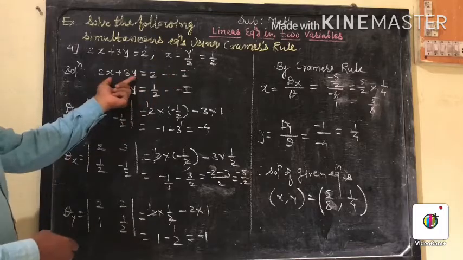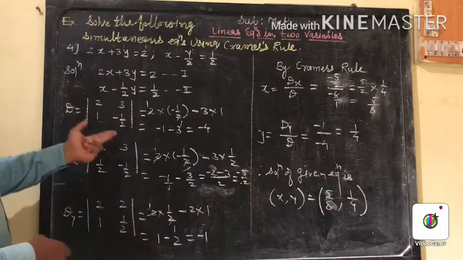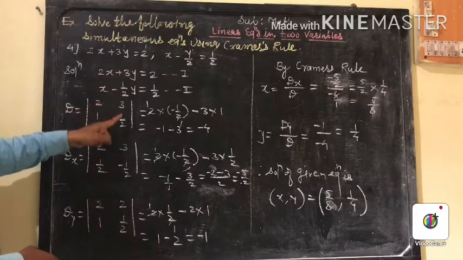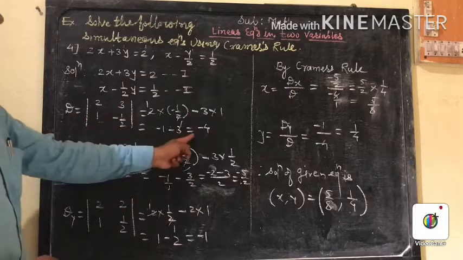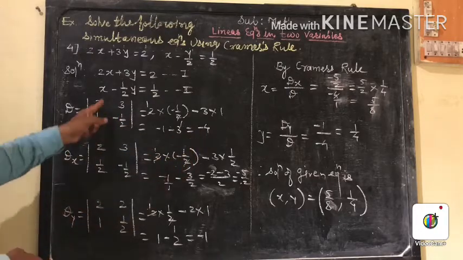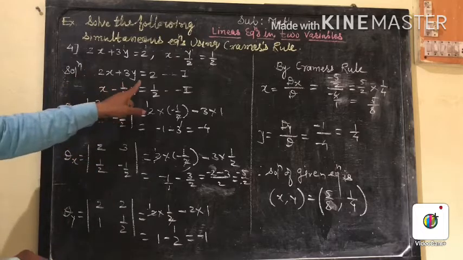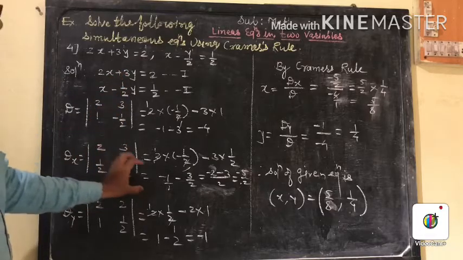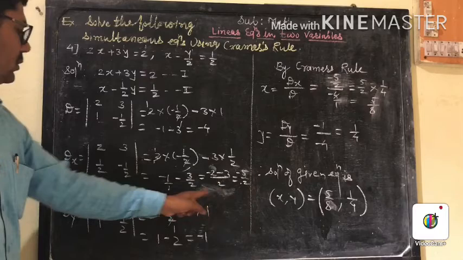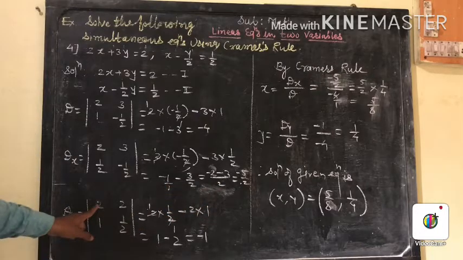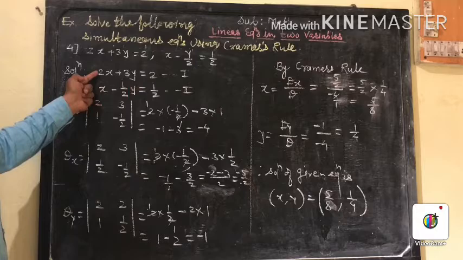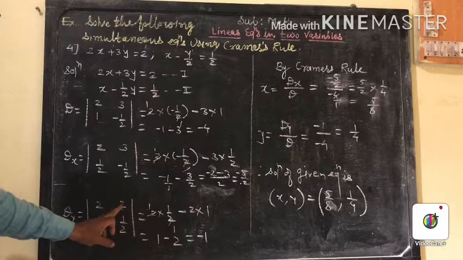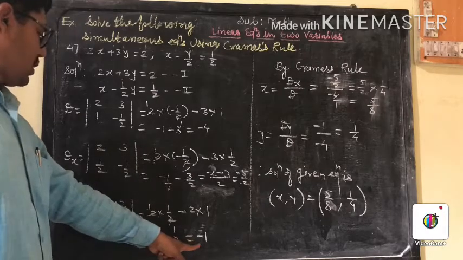Now this is the first equation. Second equation. The value of determinant D is 2, 1, 3, minus 1/2, and this value is equal to -4. Dx is 2, 1/2 and 3, minus 1/2, and the value of this is -5/2. Now Dy is 2, 1, replacing with c1 c2, 2, minus 2, 1/2, and the value of this is Dy equal to -1.